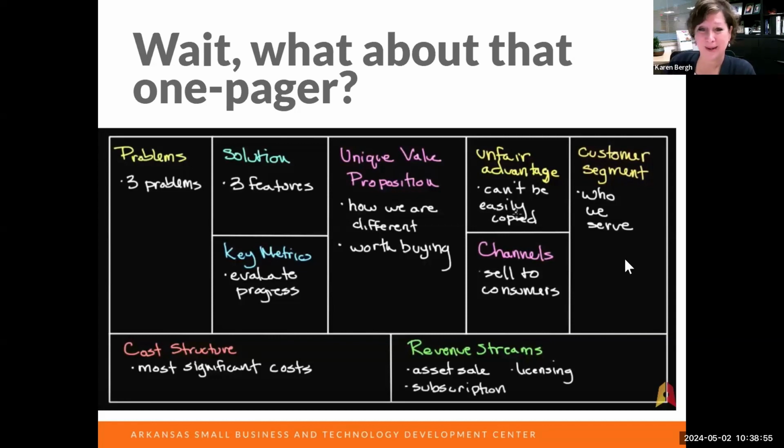And I'm sorry if I'm sounding like I'm preaching, but I hear people say, if I say, here's your customer, and they go, everybody. No way everybody can be your customer. Not really. Okay, and then the channels selling. And then if you pop down to the bottom right, revenue streams, that's what we were talking about earlier, those types of revenue streams. And then the cost structure and knowing what your most significant costs are.